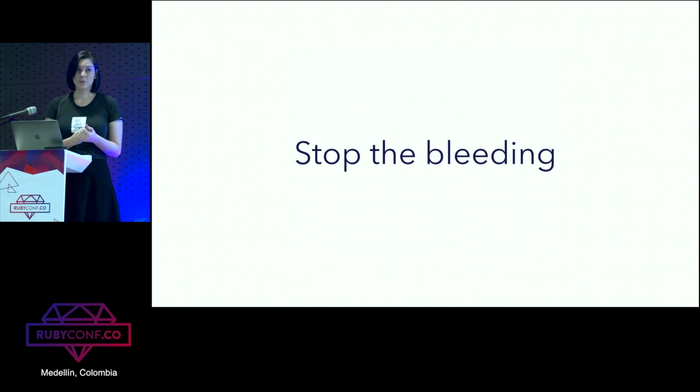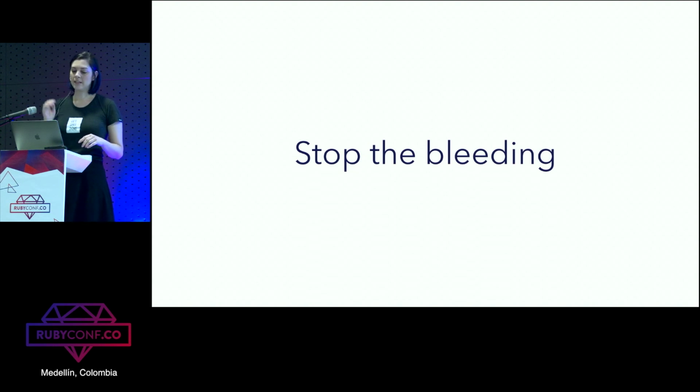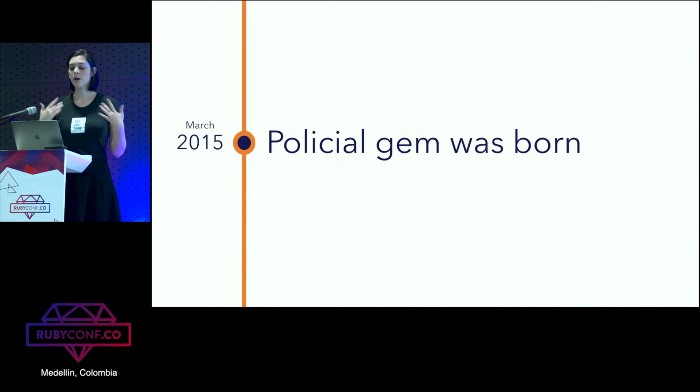Instead of running RuboCop through the entire code base, we needed to find another solution to stop the bleeding, to fix things that were yet to be implemented so that they had the right style. We needed something that would only look through code that was being changed or new code being added. This is when a new gem called Policio came